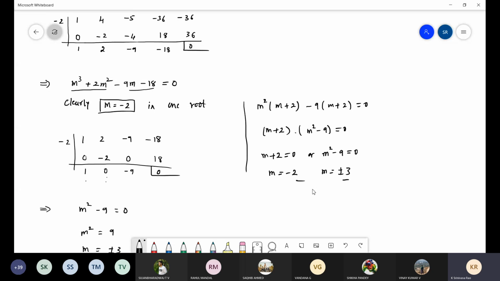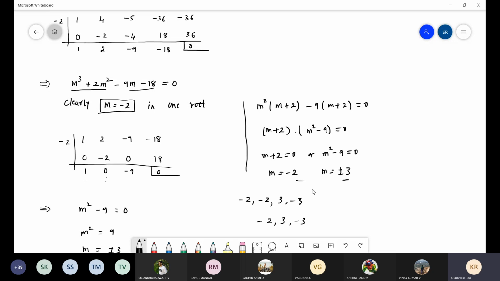Okay. So in mathematics there are different ways to calculate the solution, and the solution should be unique. Remember that. You got it? You can use a calculator, but what happens? See, this is the problem. What are the roots? Minus 2, 3 and minus 3, correct? If you solve using the calculator, you have an option. You can go to the mode, choose equation, and choose the degree. Degree is 4. What does the calculator give? It gives the answer as minus 2, 3 and minus 3.